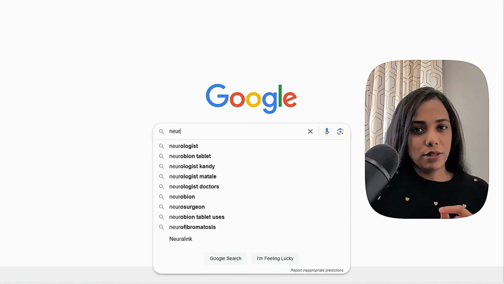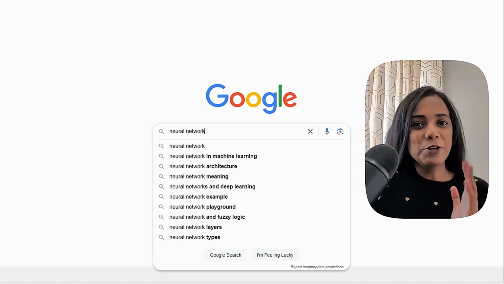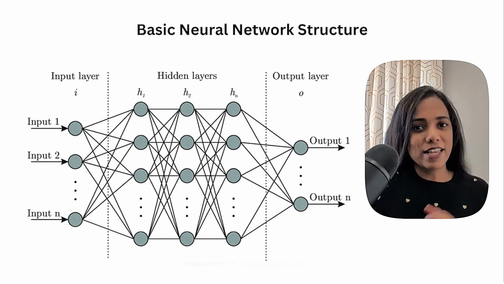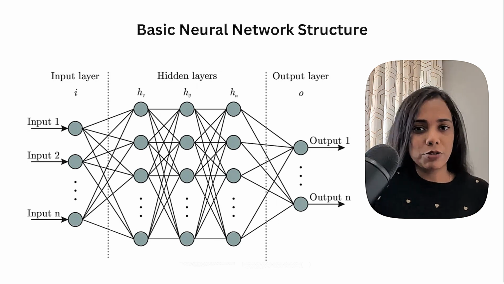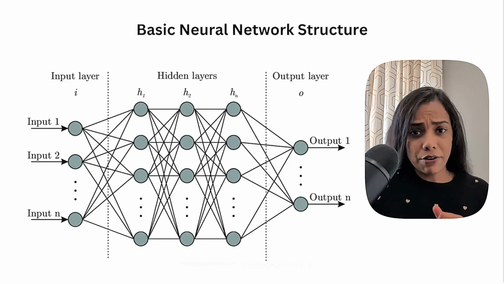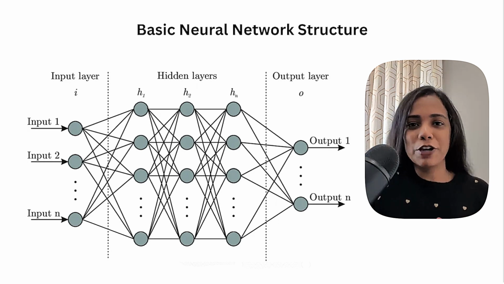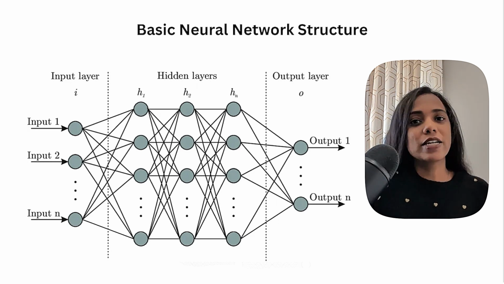If you simply Google the word neural network, you might come across something that looks like this. This is a good example of a very basic neural network. But is this in any way related to the neural networks that we are using for processing images or language? It turns out that those neural networks are much more complex than what you're seeing here. However, it's a good idea to get started with this neural network.